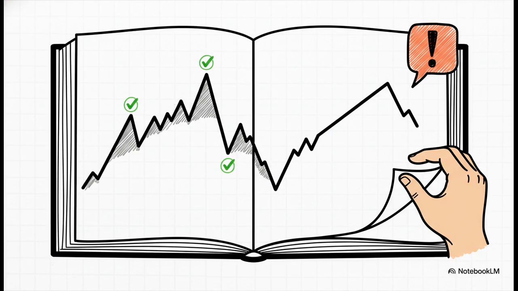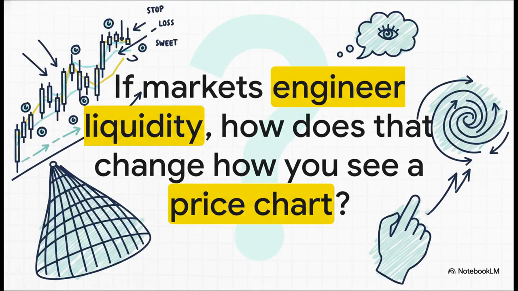And that right there, that's really the key takeaway. This whole system gives you a framework to read the story that the market is telling you. A series of these BOS moves means the current chapter, the trend, is still being written. But that very first CHOCH, that's your signal that it might be time to turn the page. So I'll leave you with this final question to chew on.